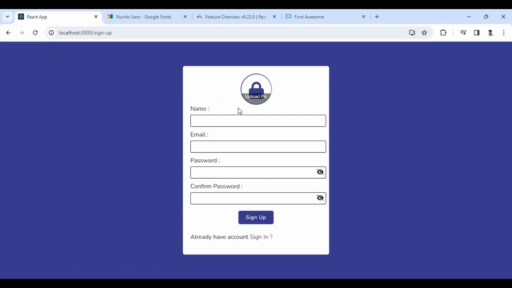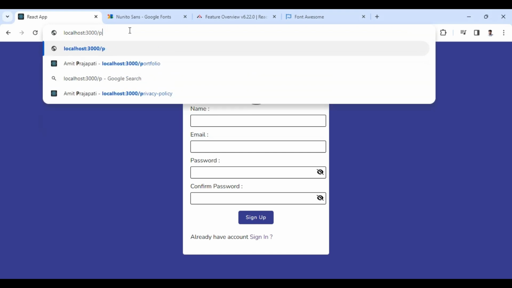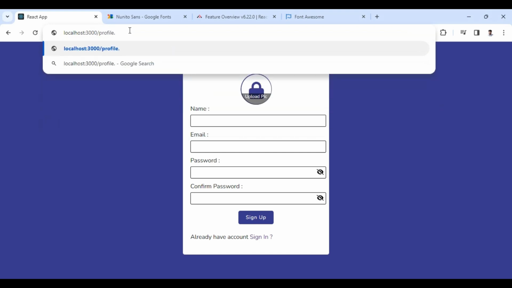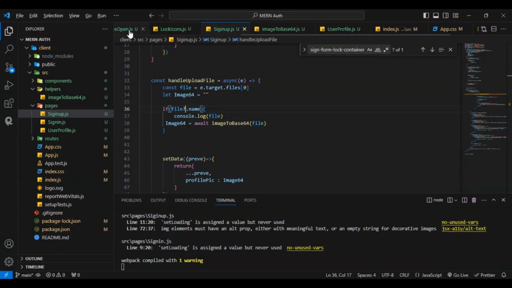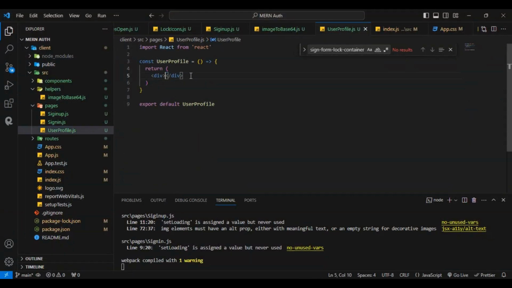Now all things on the front end side are done. Now let's go on the backend side for saving all this data. And one more thing, let's create the profile page also. For that, profile, what is the URL, user profile, like this, and in the center let's see user profile, class user profile,